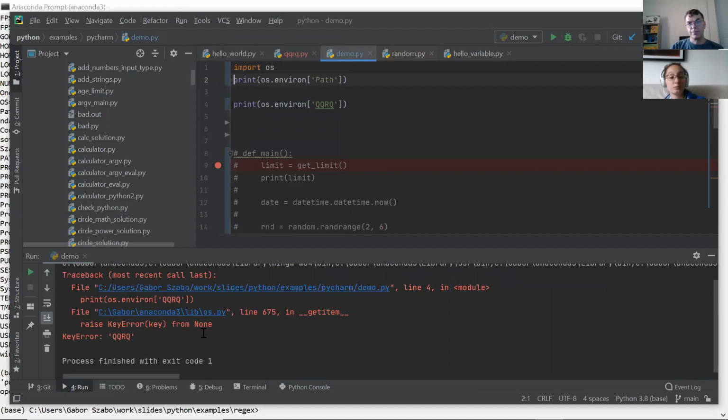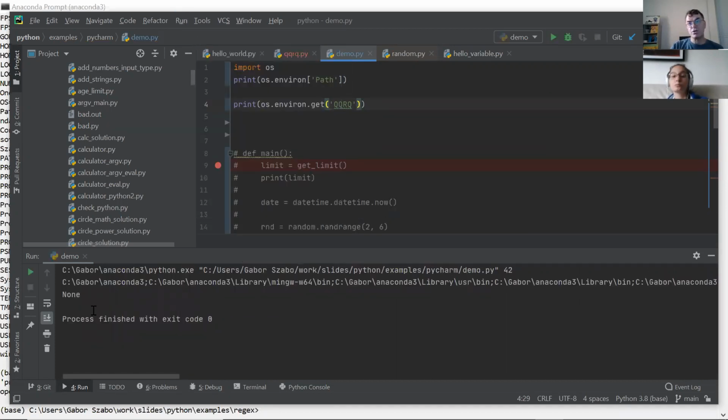I get an error because it's a dictionary and this key doesn't exist. You might recall that we can also say get and some key name, and in this case, if I run this, I get None because it doesn't exist. So maybe, and that's what I'm saying, I'm showing you something in PyCharm that we haven't really learned in